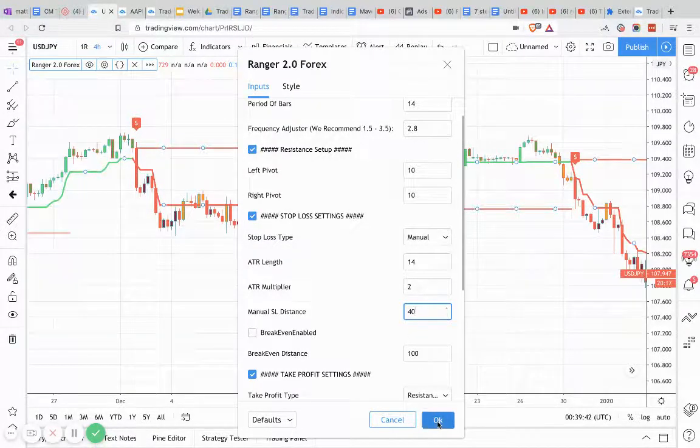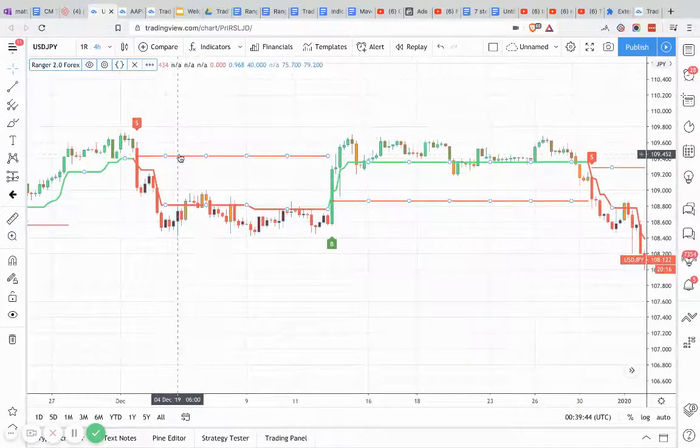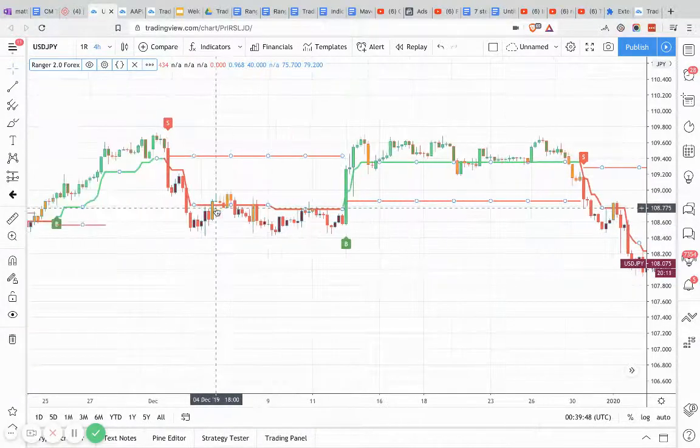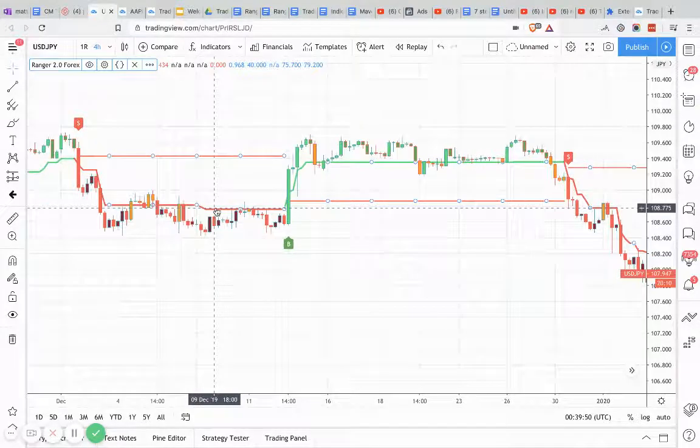So we can see here that changes my chart as well, and you can even get a tighter stop loss in some cases, although I'd be cautious to go too tight because you don't want to get stopped out of your trade all the time. Obviously there's a trade-off there in terms of your stop loss. The tighter stop loss you set, you're not taking as much risk, but you're also going to get stopped out more. If you place a really wide stop loss, then you're probably very rarely going to get stopped out, but